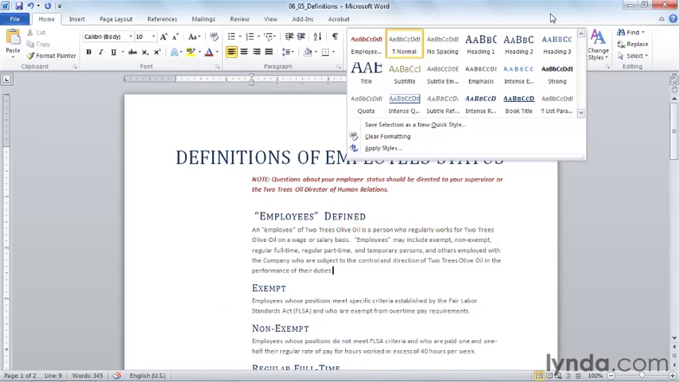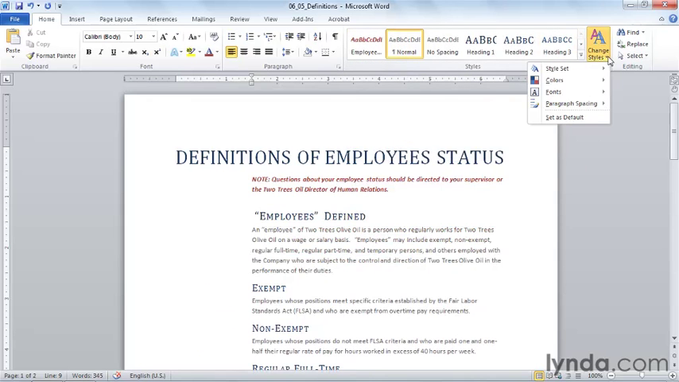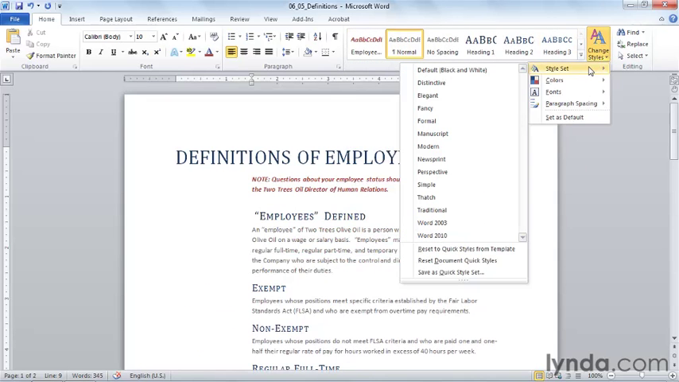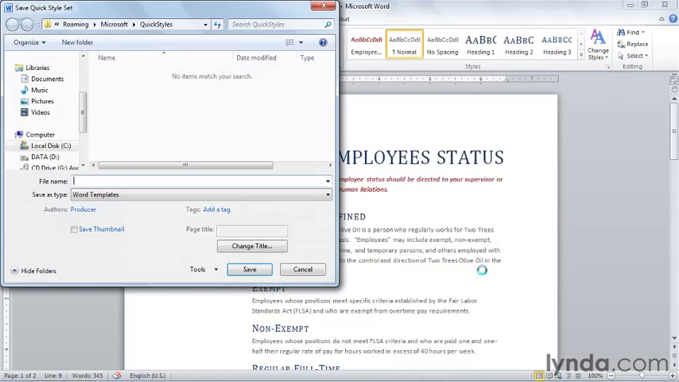If I want to change my entire style set, I'm going to do that on the Change Styles button. Style set, not just one style, and then Save as a quick style set. Although I'm clicking the Change Styles button to the right, what I'm saving are all of the styles contained in the style drop-down right now. I'm going to choose Save as Quick Style Set, and I'm going to give this a functional name. You could give it a name like Rowboat or any of the other names that are already used, Elegant, Fancy. But I'm creating this for a context, and I'm going to call this Two Trees Manual,